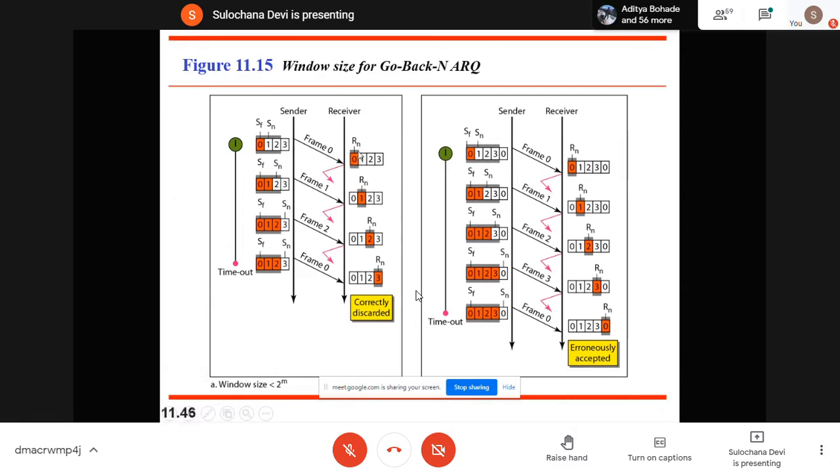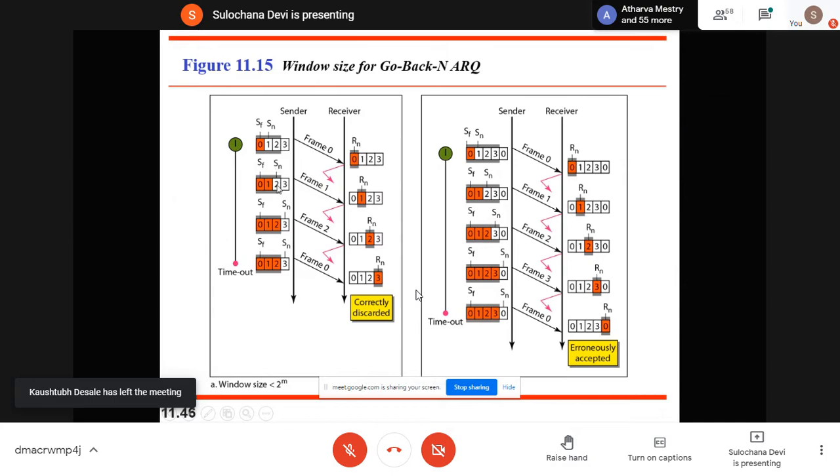This is received. The value of Rn is incremented by 1 and now that acknowledgement is transmitted, but that acknowledgement is lost. Here it can send frames 0, 1, 2, the frames inside the window, without waiting for the acknowledgement. So the SN was pointing to 1. Now you can send frame number 1. Now Rn is pointing to 1. You have received the exact frame which was expected. Then you send the acknowledgement containing 2. Acknowledgement number 2 means I received frame number 1 and I'm waiting for frame number 2. That acknowledgement is also lost.